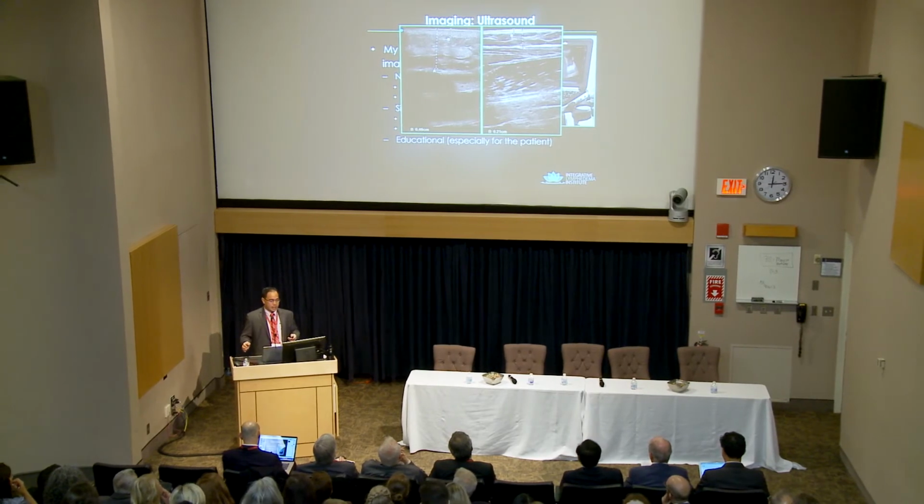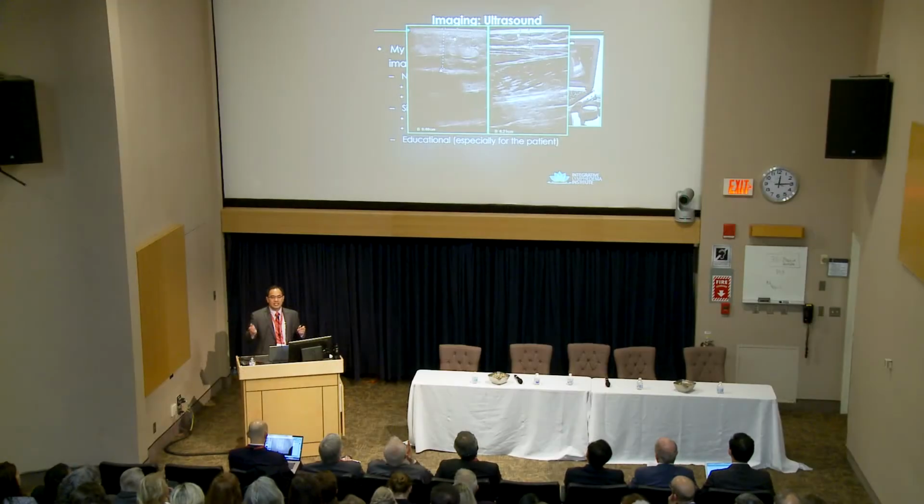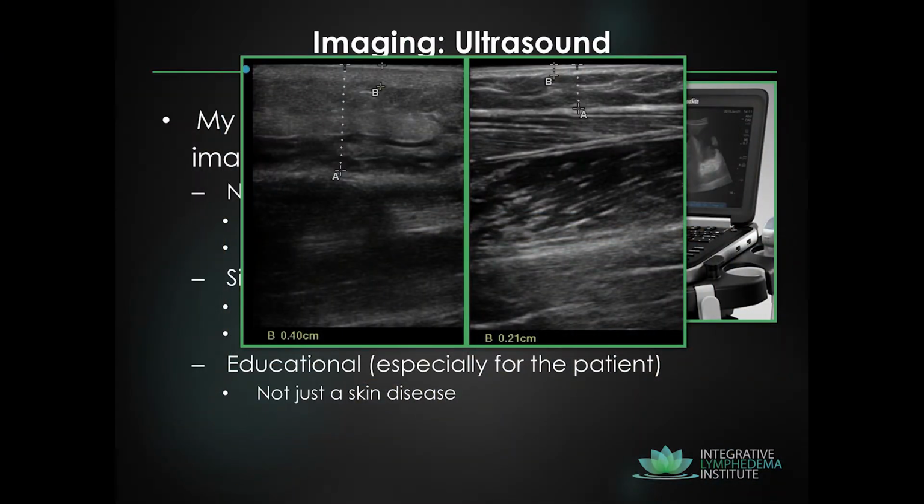Here on the one side you have affected arm, unaffected arm. And you see just A measurement is fat content, B measurement is skin thickness. Dr. Mahar did a great study in the past about skin thickness in response to surgery, and instead of biopsying them, I have those patients in my practice. They hate that biopsy scar, but doing this is real simple, and I've been following these patients long term. And again, this is really important. It's not just a skin disease. Yes, skin is the first representation of lymphedema, but you've got muscle changes.